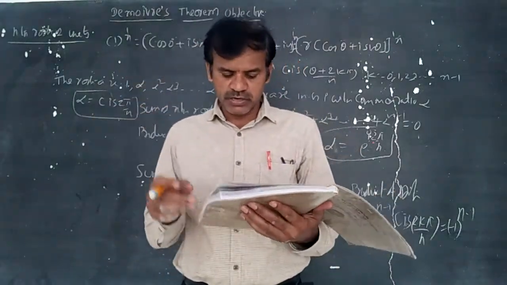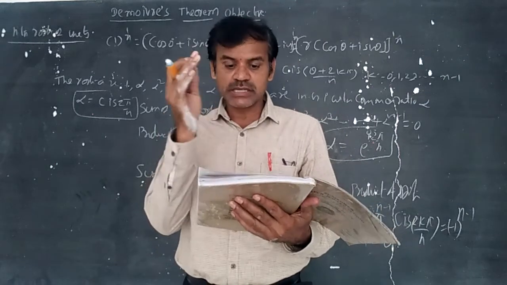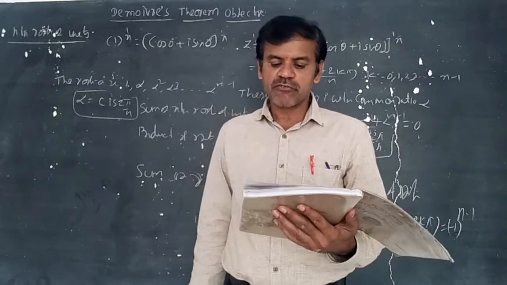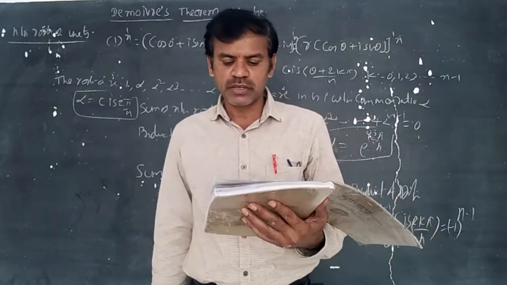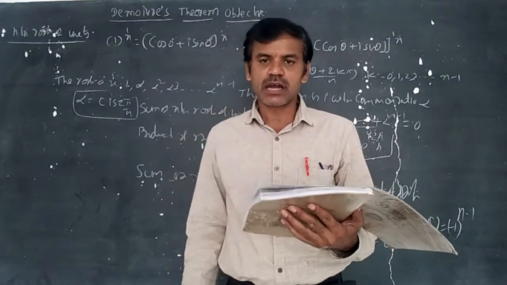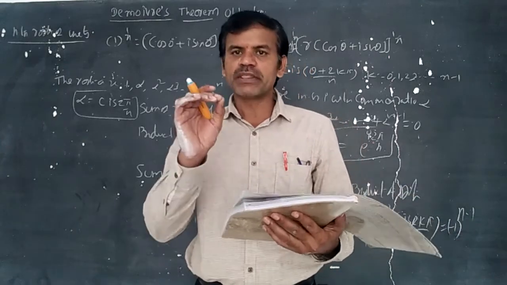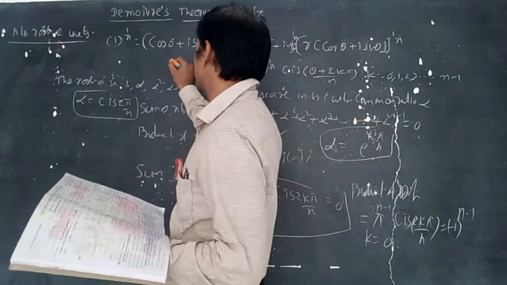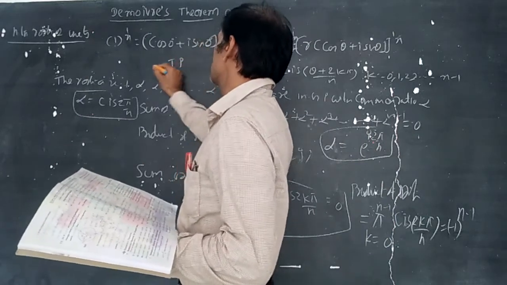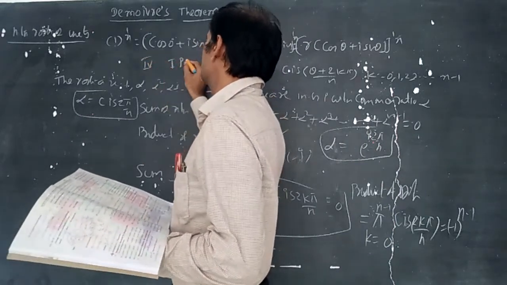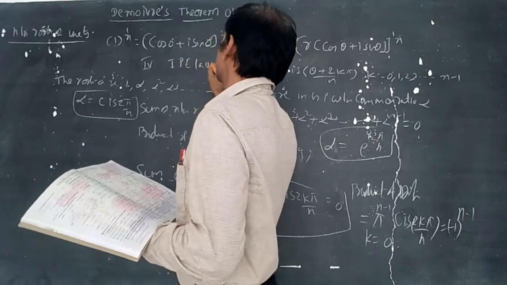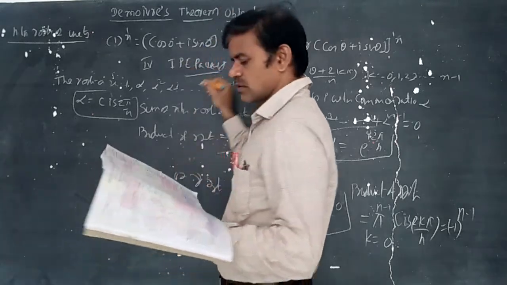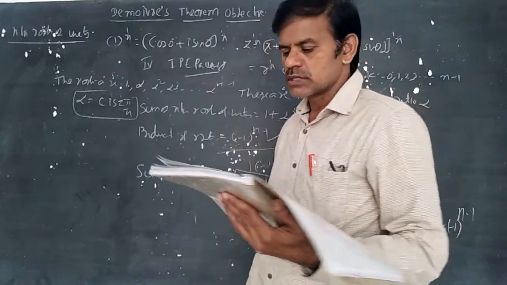In our material page number 13, right side page of nth roots of unity, the fourth formula is there. The sum of pth power of nth roots of unity is 0 if p is not a multiple of n. Open the IPE textbook, page number 48. Here the fourth formula is there. I said proof. On page number 48, Roman number 2, the example is there.